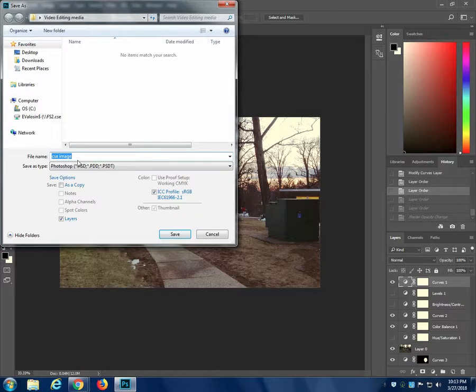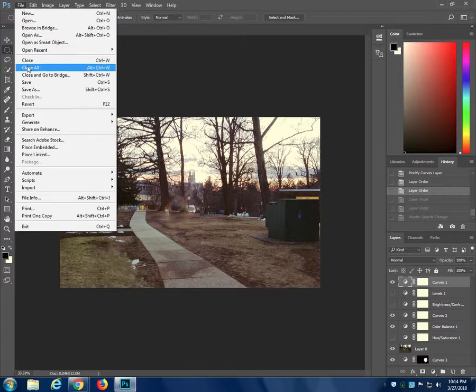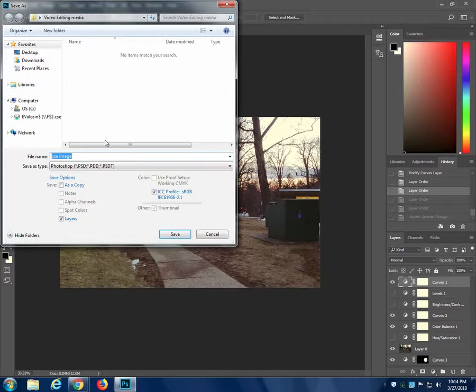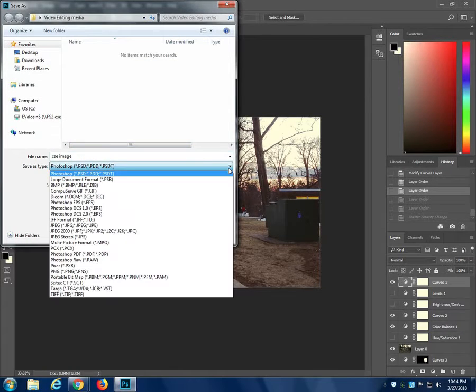So if you want this to be an image someone can open or an image you can upload to a website, what you're going to want to do is Save As. And then you're going to use the drop-down to change it from Photoshop to one of the image formats. There's obviously a ton of different image formats, but there are a few to take note of. The first is